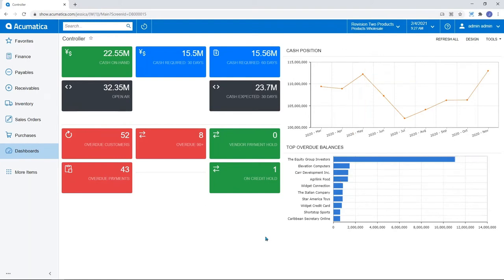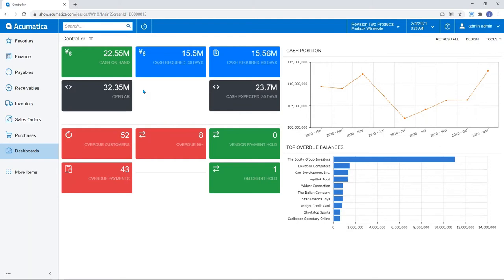Now, Kevin also mentioned dashboards and business intelligence, and I think that business intelligence is critical for usability and functionality of any great accounting and ERP system. And I'm very, very proud of some of the business intelligence that we have as part of our core system. I'll mention some of those items as far as dashboards, the built-in reports, and what we call generic inquiries, which help you to create the analytics that you're interested in. So let's start just with the dashboard I'm seeing here, which happens to be a controller dashboard.